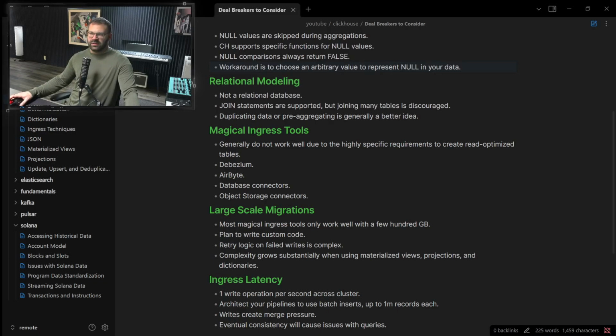The next thing is these magical ingress tools, as I call them. So if you're used to working with a third-party vendor or some kind of software as a service or open source thing like Debezium to ingest data into your database, you're probably going to be disappointed when you try using that with ClickHouse. And of course, some of these work to varying degrees, but because the performance optimizations in ClickHouse